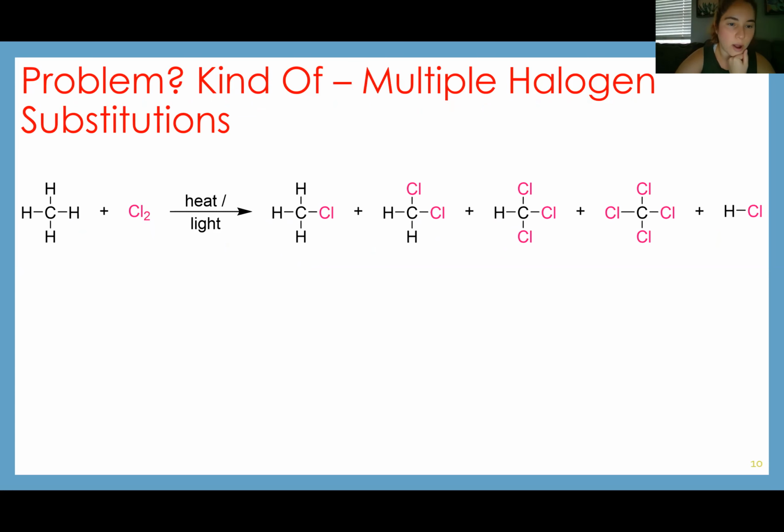So there's kind of a problem with this type of reaction, and that problem is that it's not particularly controlled, especially in the case of chlorine. It turns out that the chlorine radical is completely insane. It's highly reactive. So if you take a molecule such as methane and you react it with chlorine in the presence of heat and light, you're going to end up with a whole mix of products. You're going to end up making chloromethane, dichloromethane, chloroform, and carbon tetrachloride,